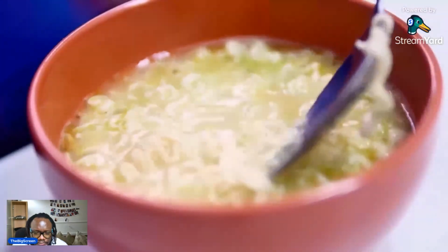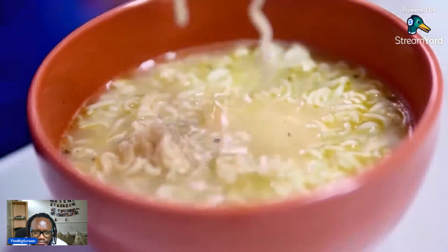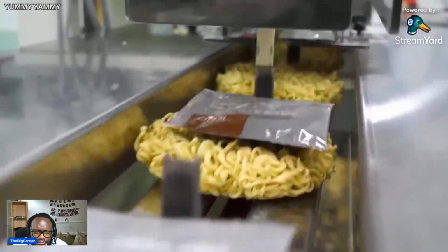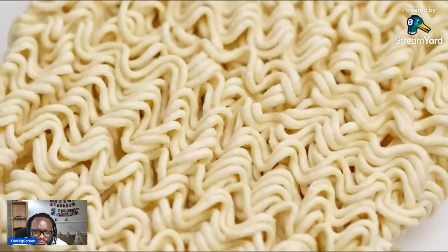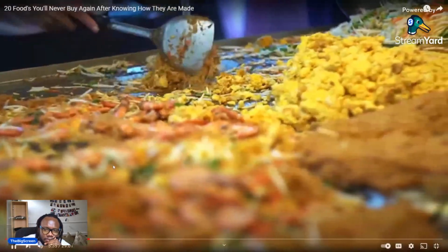Instant noodles are also typically low in fiber, vitamins, and minerals, offering little nutritional value. The lack of nutrients, combined with high levels of sodium and unhealthy fats, make instant noodles a poor dietary choice, especially when consumed regularly. Moreover, the production of instant noodles contributes to environmental concerns. The palm oil commonly used in the...